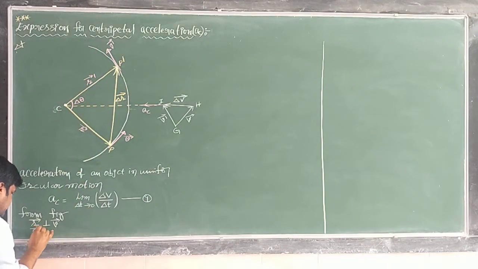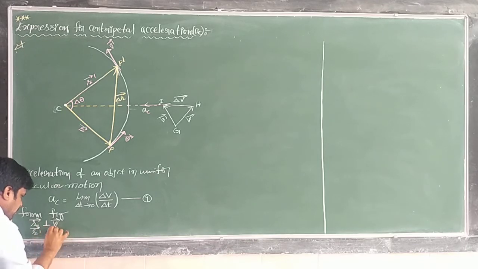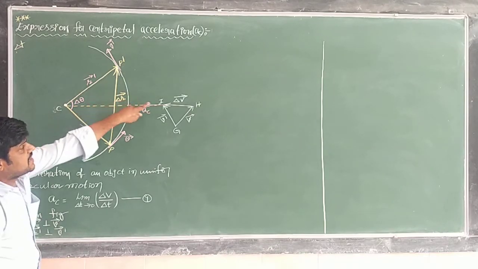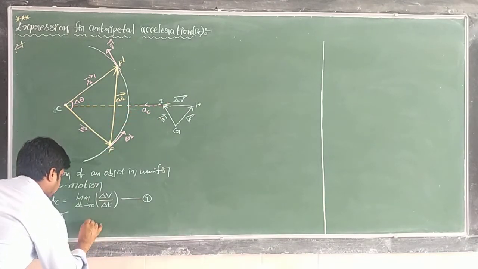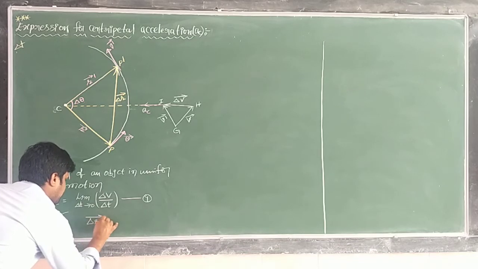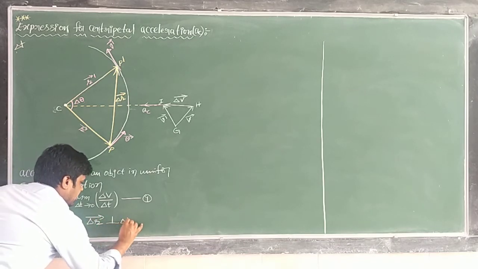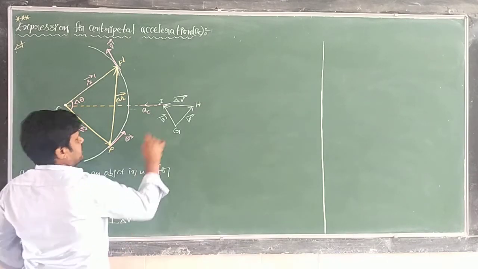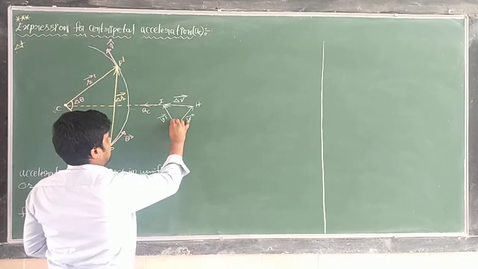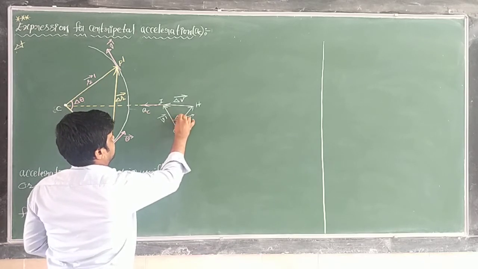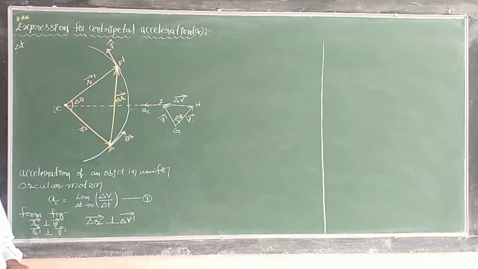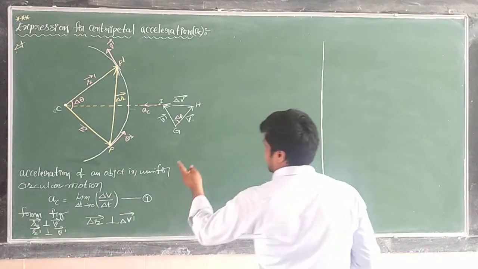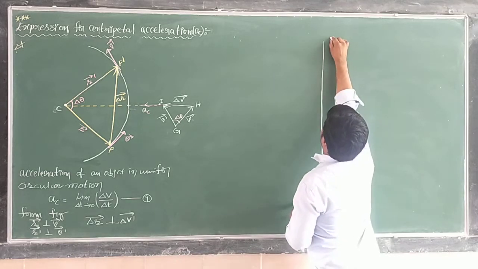R bar dash is perpendicular to V bar dash, and therefore delta R bar is also perpendicular to delta V bar. Here the angle delta beta is nothing but delta theta itself. Now whether you are observing from the figure, from the diagram,